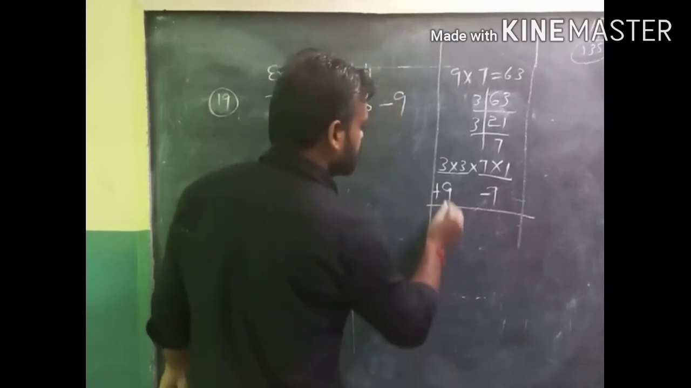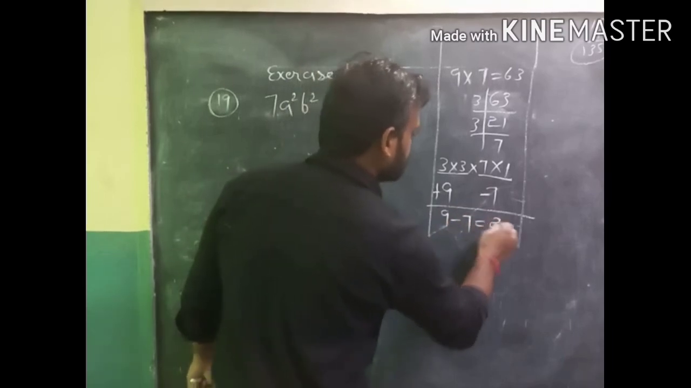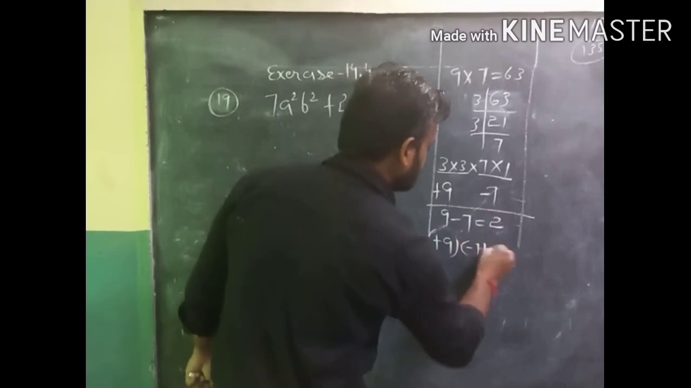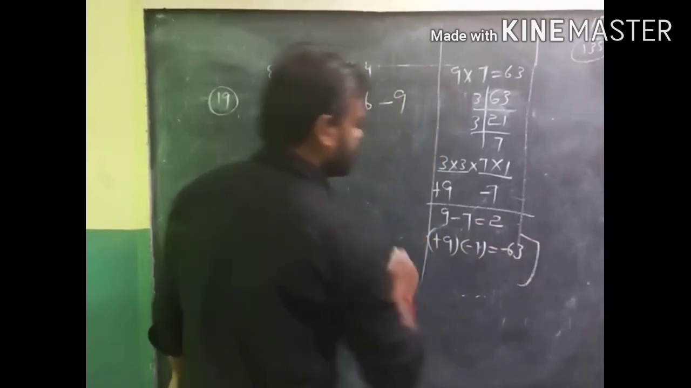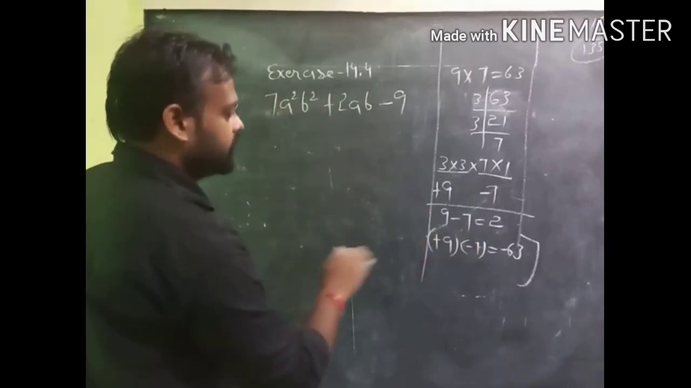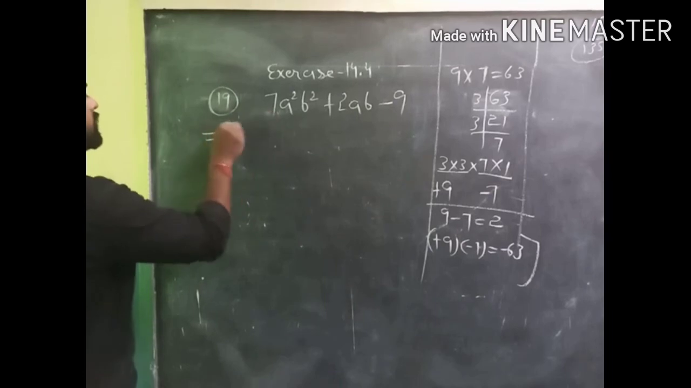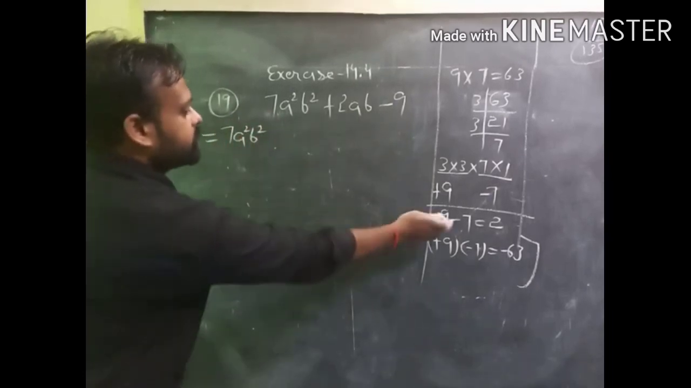How? You can see now if I am subtracting this 9 minus 7, it will become 2, and of course the multiplication of this 9 with this minus 7 will become minus 63. Why? Because 9 7 is 63. So minus sign is also here, so minus 63 is here. So now you can see this one is 7a square b square. Now this 2ab is here, so you can write down here